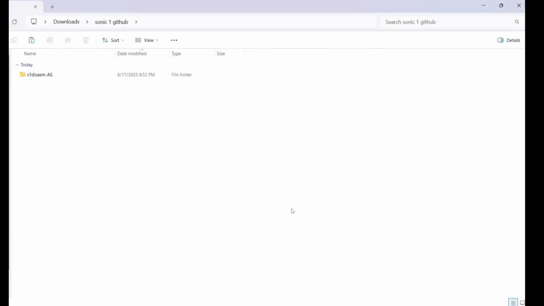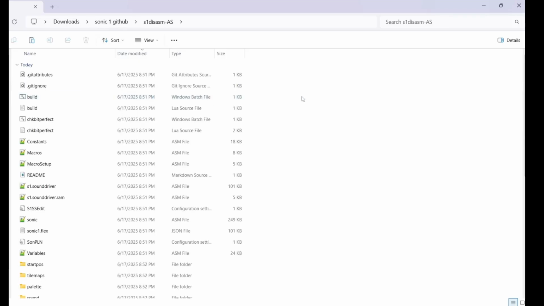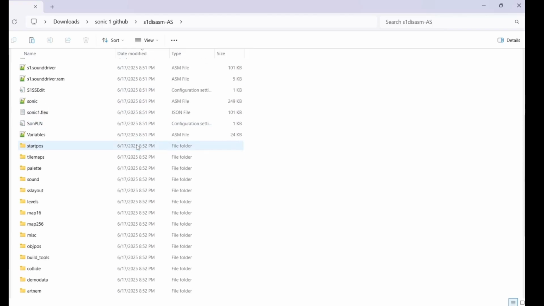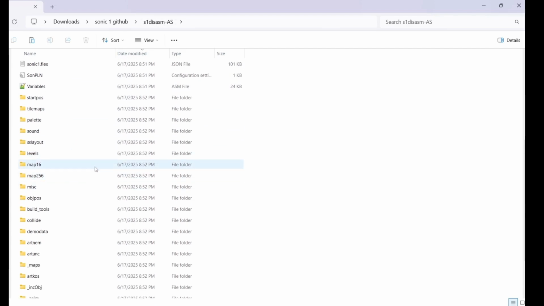Okay, now that we have the disassembly downloaded, you'll want to extract it, and you'll want to open it. By the way, if you're noticing that it says Sonic 1 GitHub, that's because I renamed the folder because I already have the disassembly and I don't want it replacing stuff. So yeah. Anyway, you'll go into Sonic 1 disassembly AS,